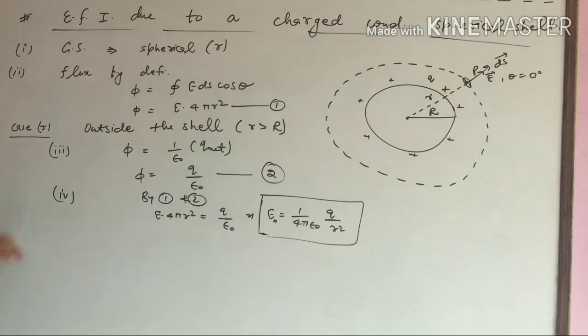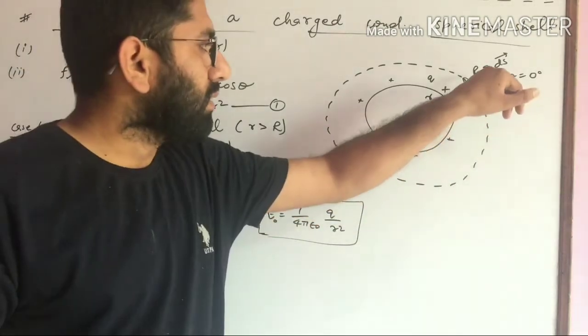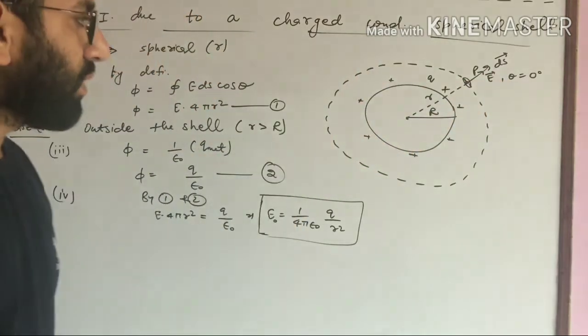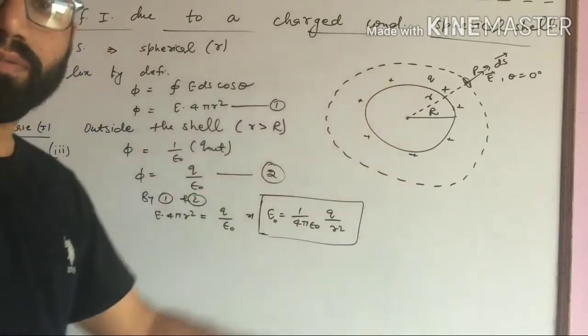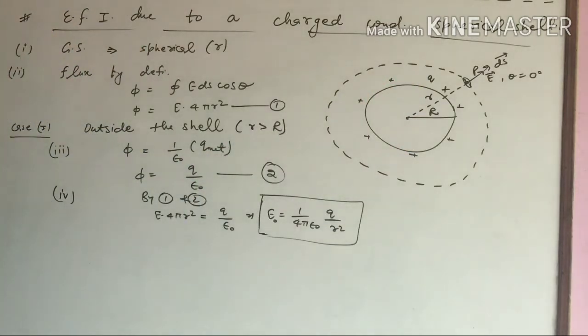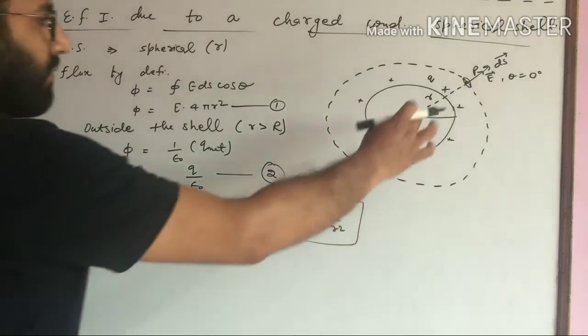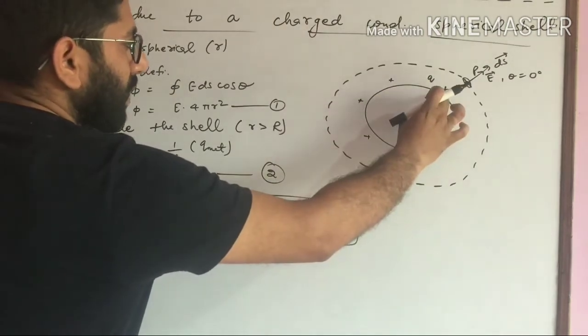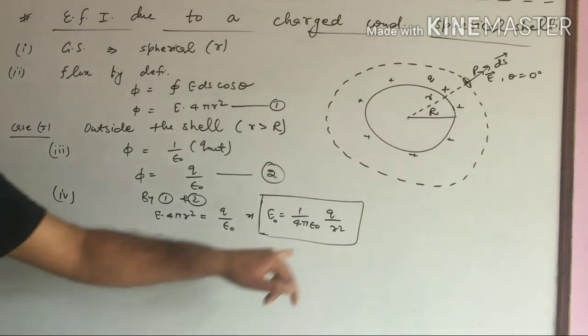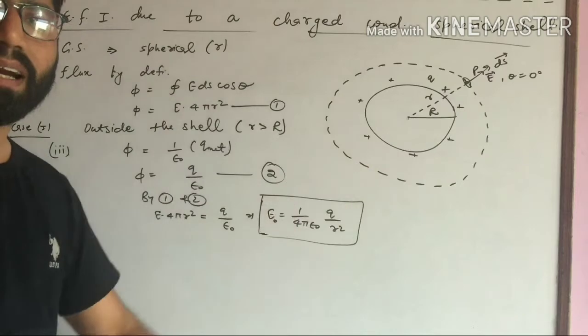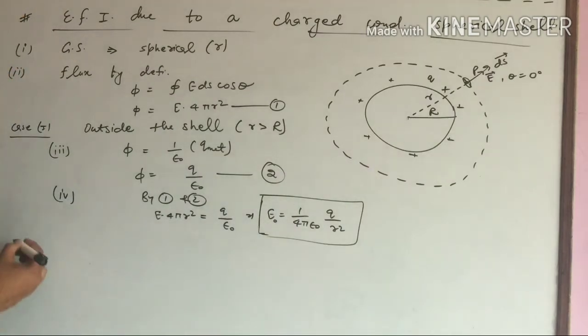Now, the second case will be, suppose the point is lying on the surface of the shell only. So the method will be the same. We will have a Gaussian surface, find the flux by the two methods, and compare the results. So we don't need to proceed through the whole procedure. We will simply do one thing: for a point which is lying on the surface, small r and capital R become equal to each other. So directly I can place small r equal to capital R to get the electric field on the surface. So case second,